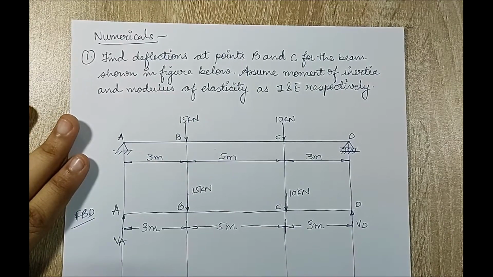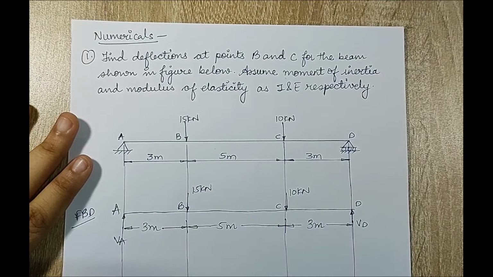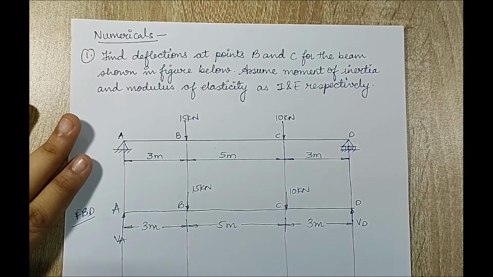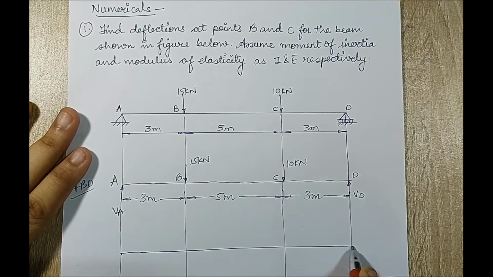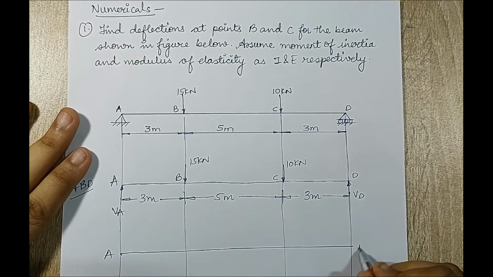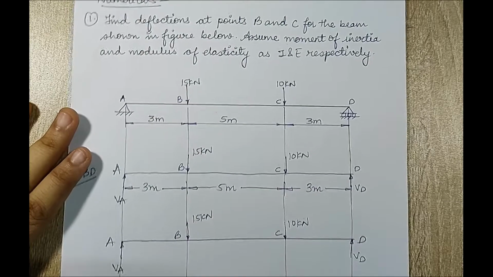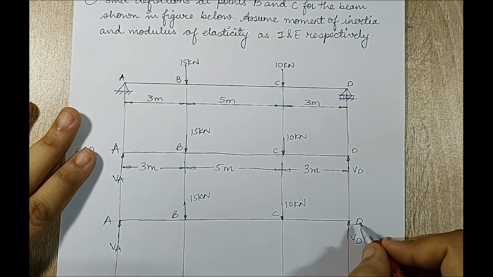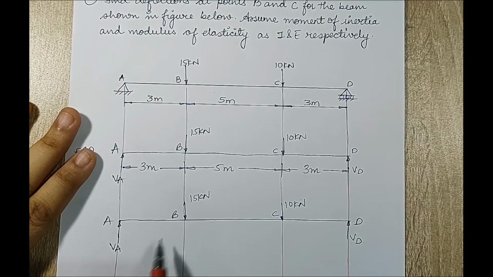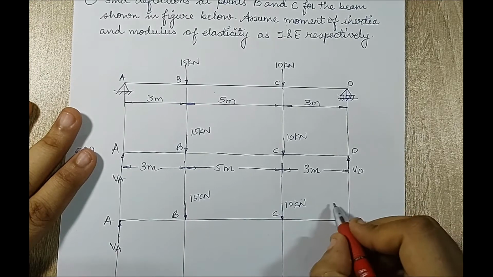I'm not going to use this diagram. I have to draw another diagram where I'm going to show the slider, as I have explained in the previous lecture. I'll redraw the beam. These are the various point loads that I have marked. Now I am going to draw the slider on the end portion of the beam CD. You may also draw it on AB, but then you will have to turn all the forces in the opposite direction. So I am going to draw on CD.